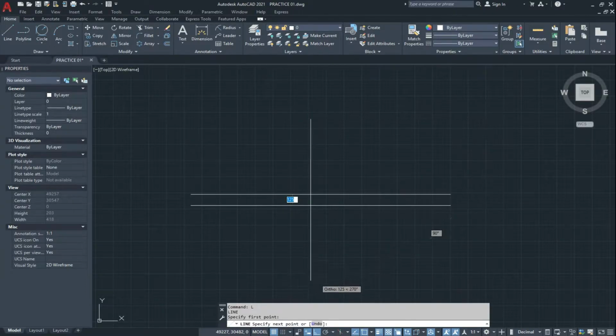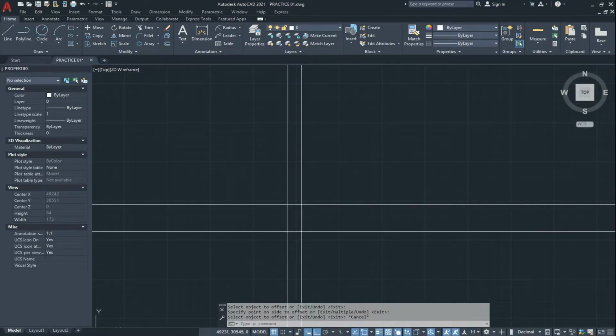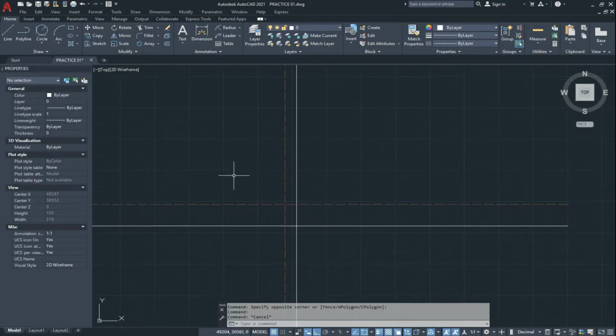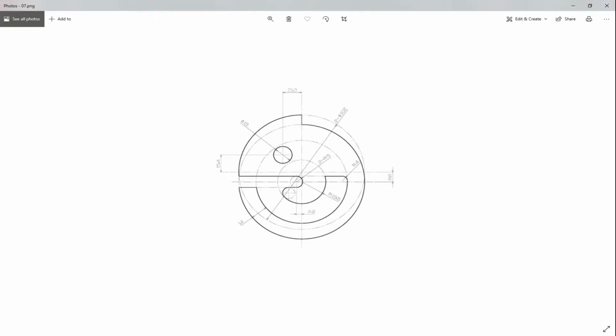Draw a line like this and make the offset 4.2 units. And change the layer like this and change the line type scale. So in this way we draw our lines with the offset tool.